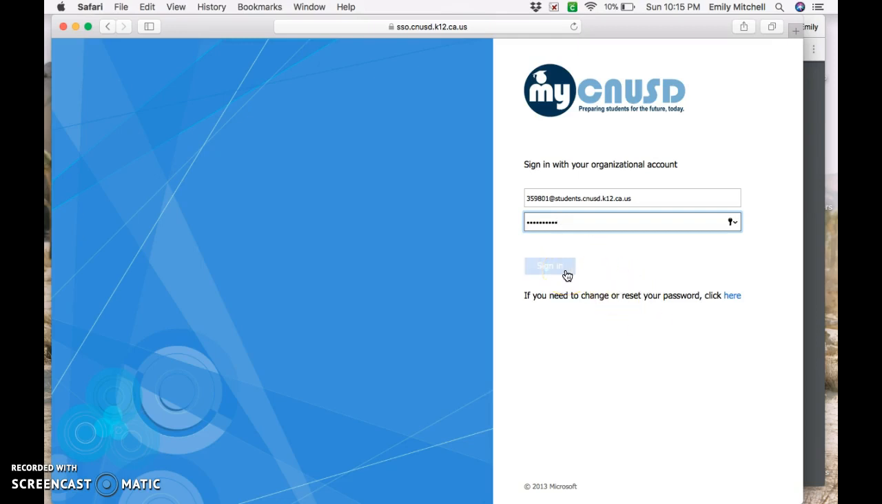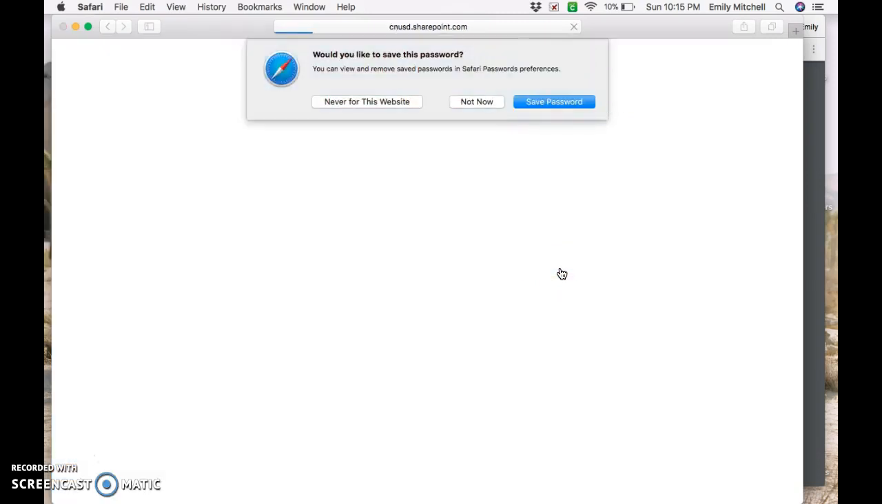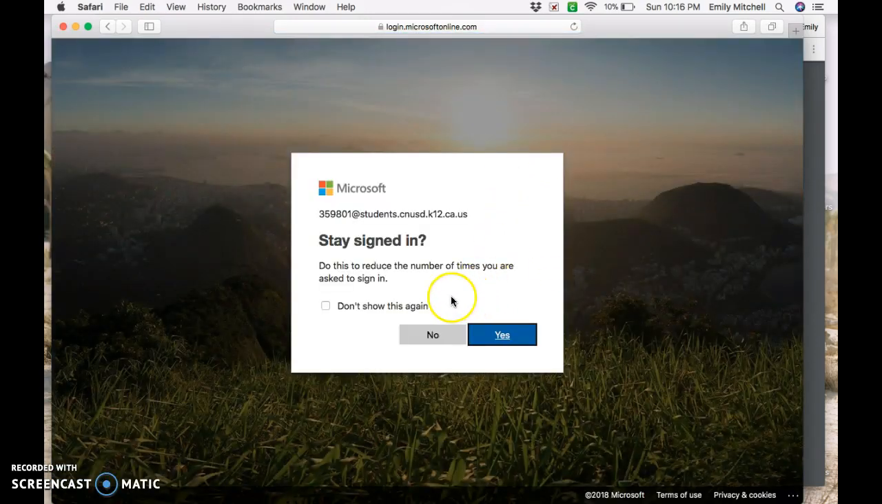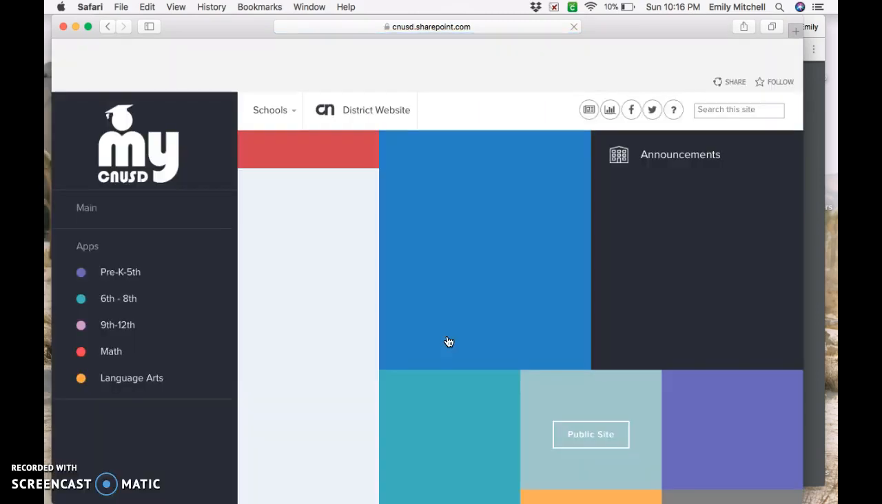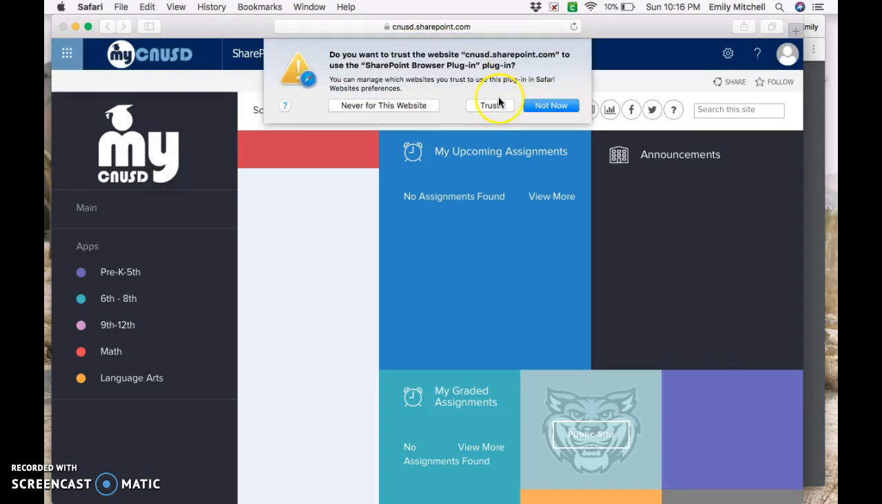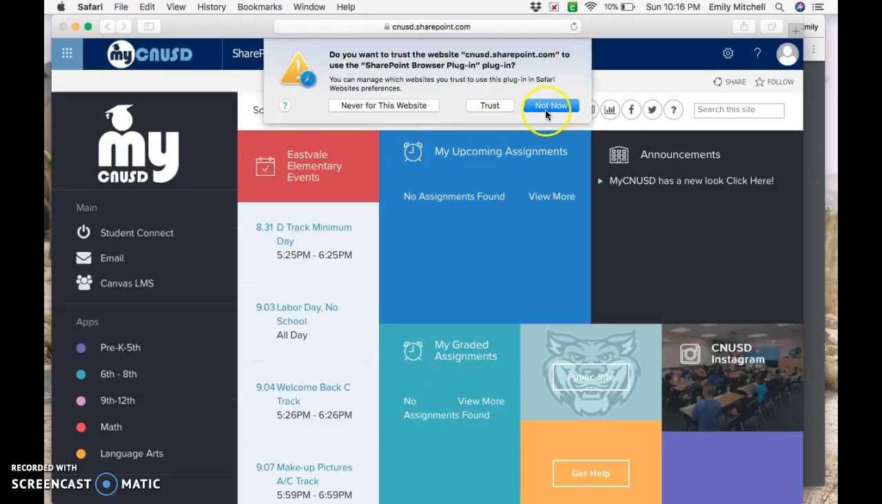So your children should know their passwords because it's the same password they use to log onto the computers in the computer lab at school. And then you click sign in. I'm going to click no, but you can click yes if you would like to stay signed in. I'm just using one of my students' login information. And then it takes you to the